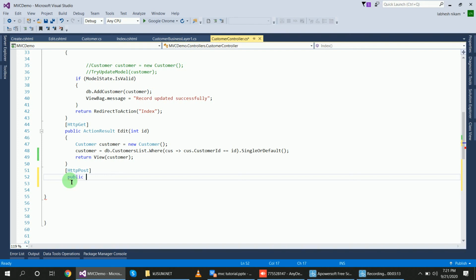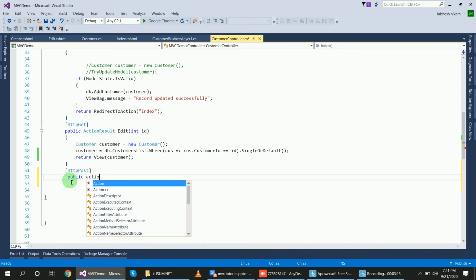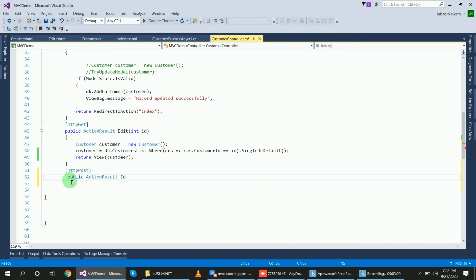Public ActionResult Edit. Inside of Edit I will pass, where earlier I passed the object of the class, today an integer id parameter. Inside of that I will create the object of the customer class.